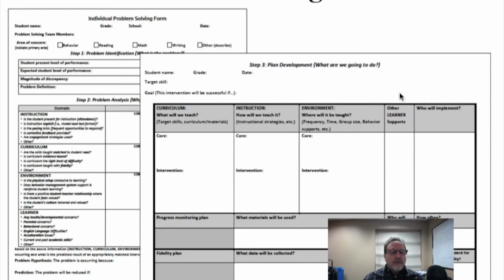So at what level should the student be, let's say reading in this case, and you compare expected level to the student's present level of performance. Now that may vary, and it may not be reading, it could be other academic subjects, or if we're looking at behavioral issues, it would be more focused on those kinds of things. But typically academic issues, and we're looking at that magnitude of discrepancy.